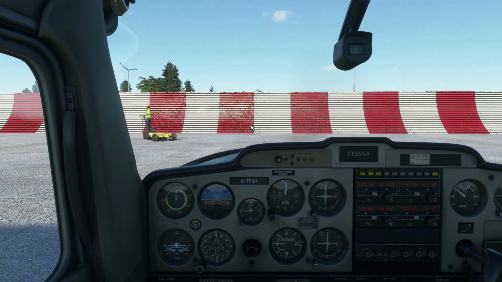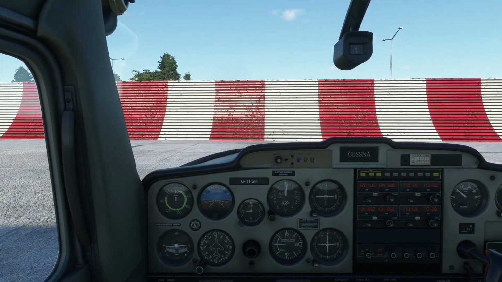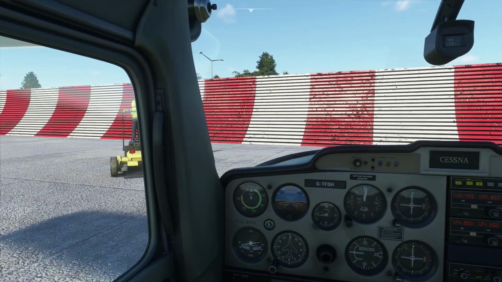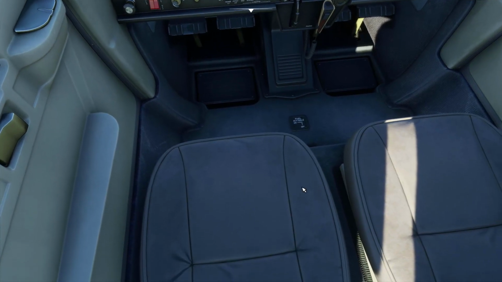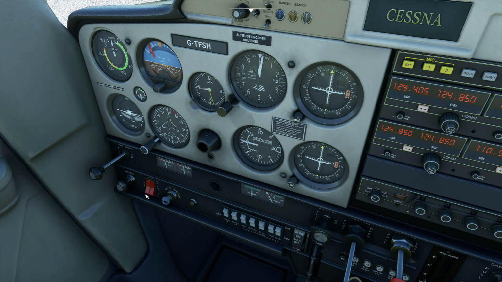Alright. Here we... let's get a bit closer, shall we? There we go. Set the parking brake. Here we are. And I'm not too sure on the exact shutdown procedure, but what I'm going to do is bring those back to the off position. And then get rid of the mixture. And then I'm going to shut off the fuel valve. And then I'm going to turn off the nav and beacon light. Because,